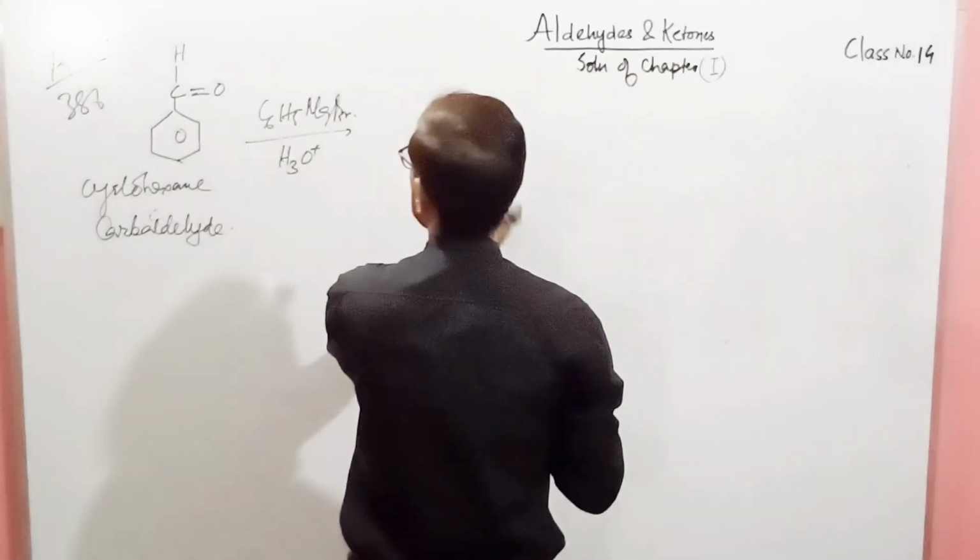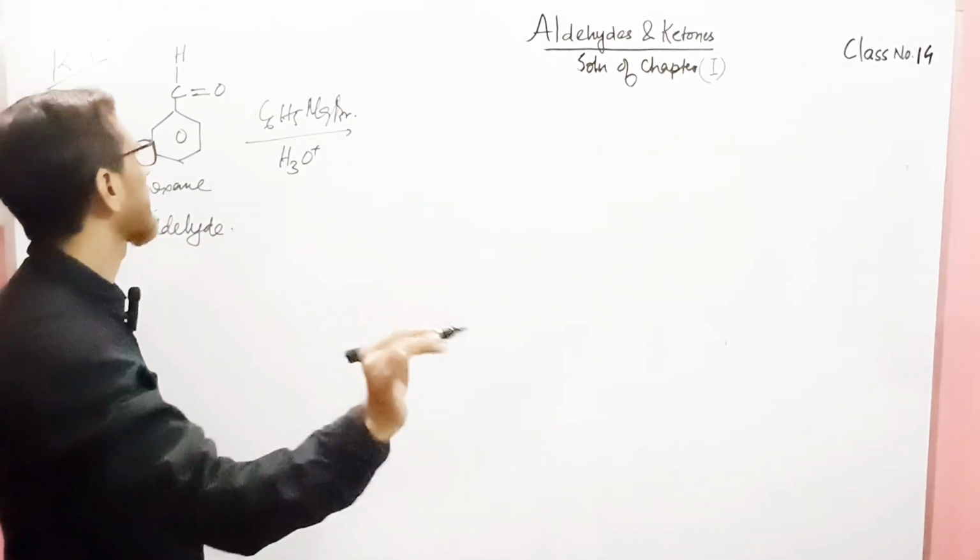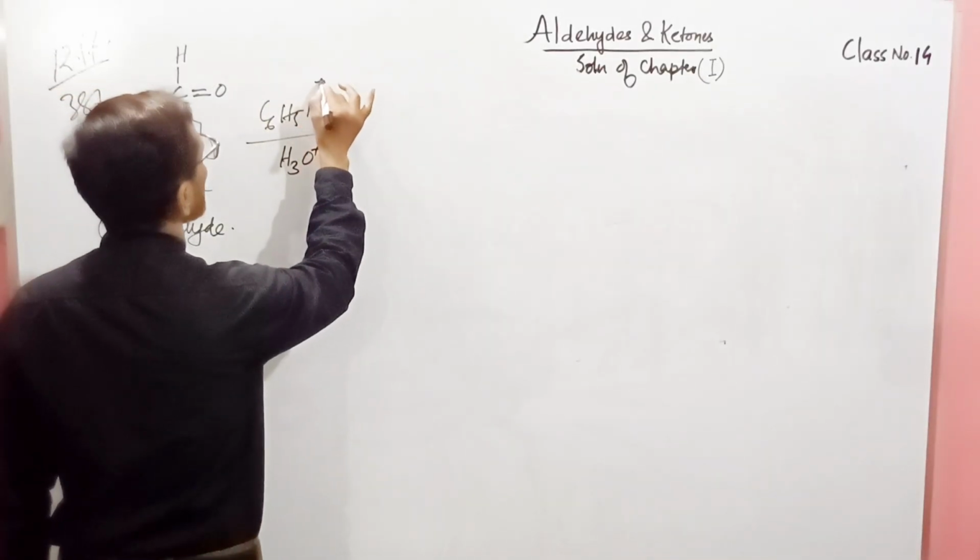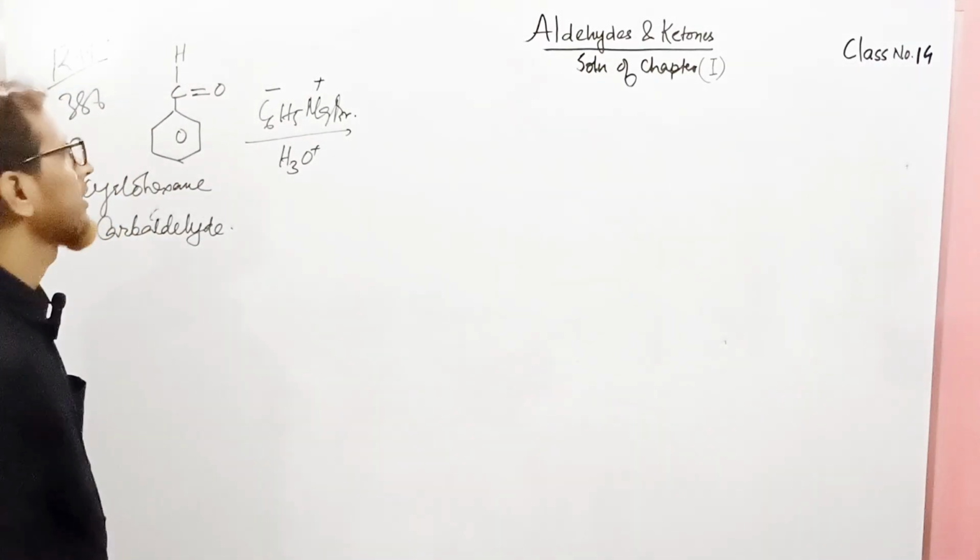You are asked C6H5 MgBr and acid hydrolysis. So these things are very important, and I very often tell you, when you write the Grignard reagent, you give this plus and this minus. Am I right? Oxygen is more electronegative, so in cyclohexane carbaldehyde, if this bond is withdrawn, this is negative and this part becomes a positive, electron deficient center. Am I right? And that negative one will get attached with this one and the positive one will get attached with this one. So what you get here is